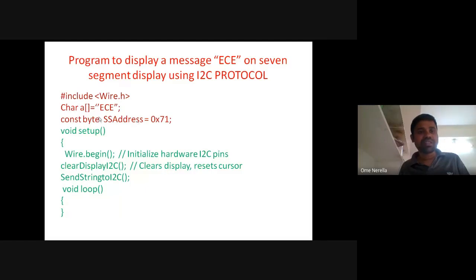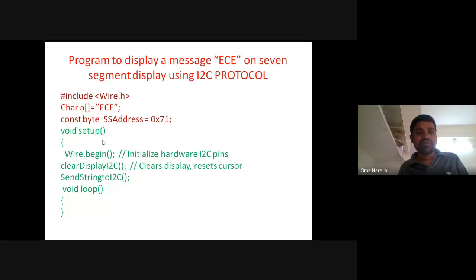Here const byte is one data type like integer, character, float, double. Why is it called a byte? Because 0x71 is 8-bit. So we are using const byte as the data type. It is a byte type of data, like integer, character, float, double. Similarly, const byte is also one data type. It is generally used to assign 8-bit data.